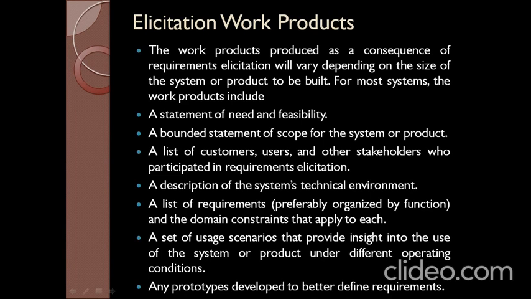For most systems, the work products include a statement of needs and feasibility, a bounded statement of scope for the system or product, a list of customers, users, and other stakeholders who participate in the requirements elicitation,